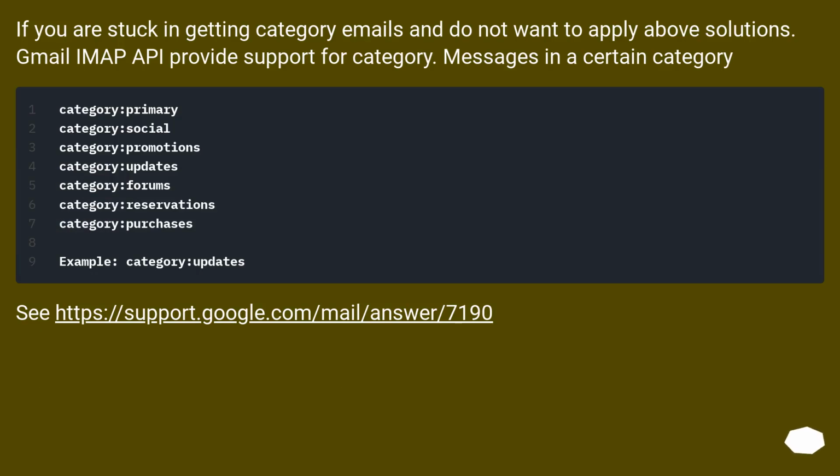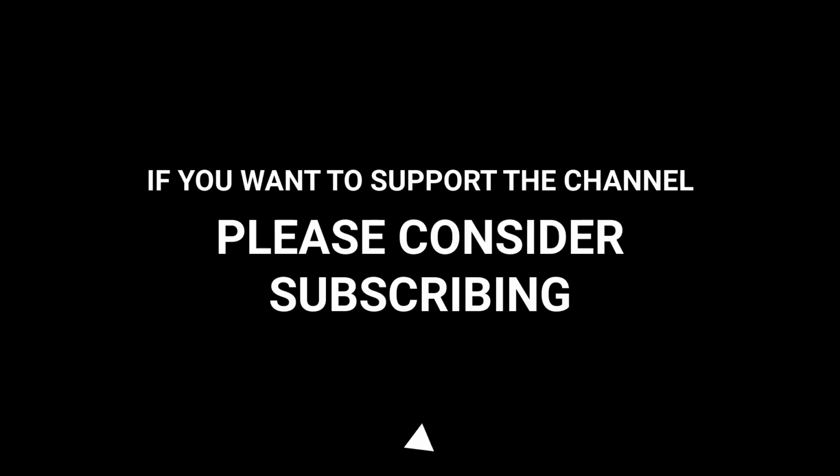If you are stuck in getting category emails and do not want to apply above solutions, Gmail IMAP API provides support for category messages in a certain category. See this URL. If you want to support